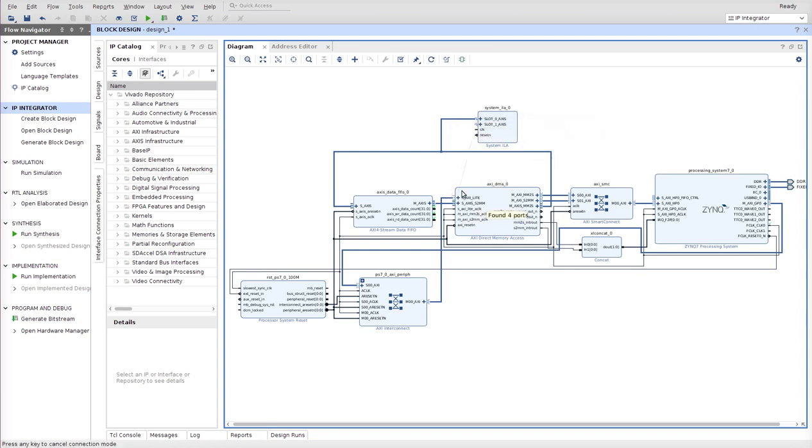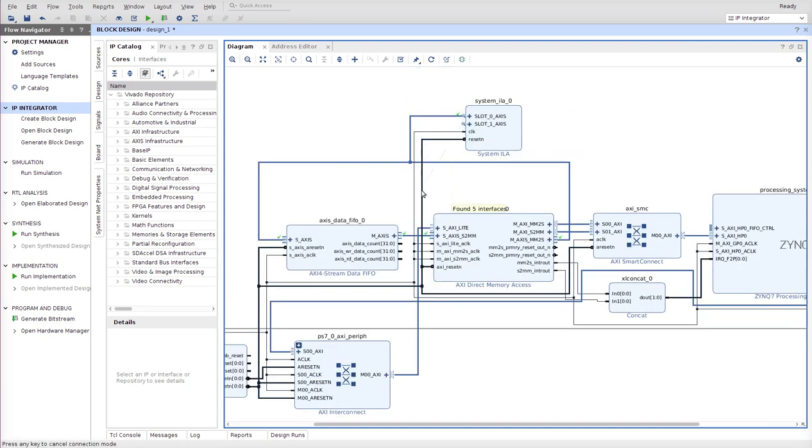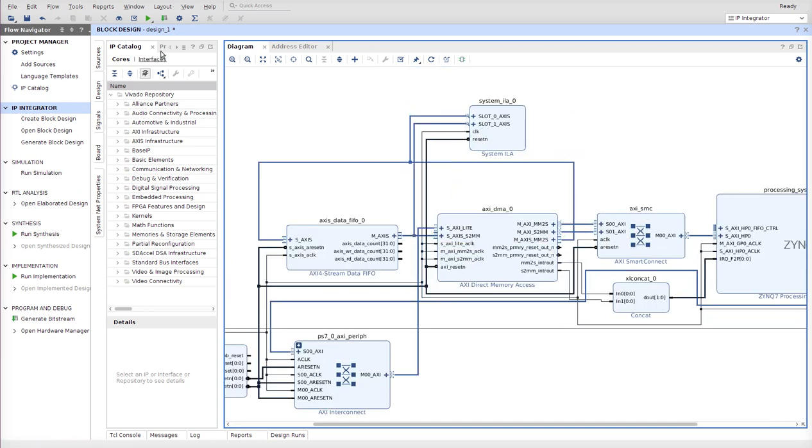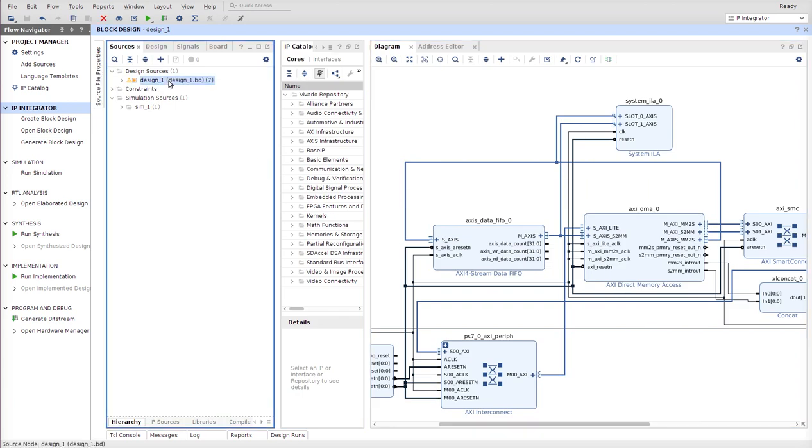Okay, let's just connect the clock, the reset as well, and then I'll just zoom in here just to get this port, and then monitor the master, and then this is it. So now we can continue with our project, and then the next step is to generate the wrapper,